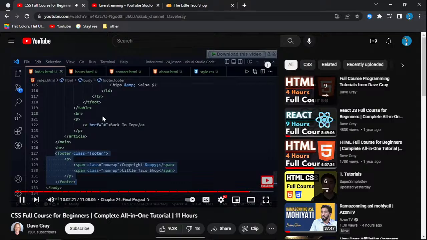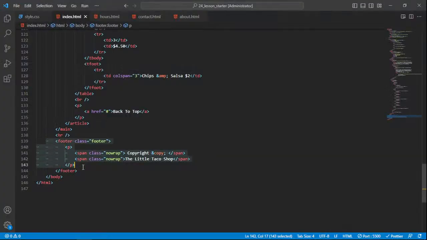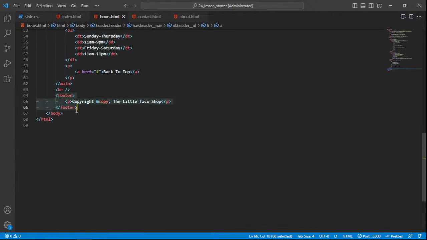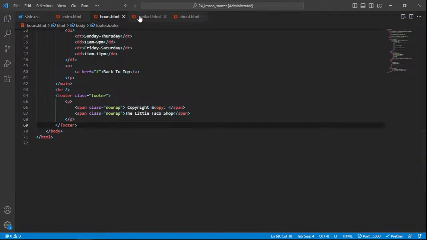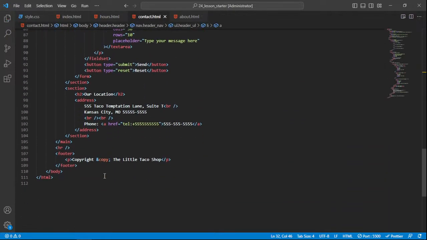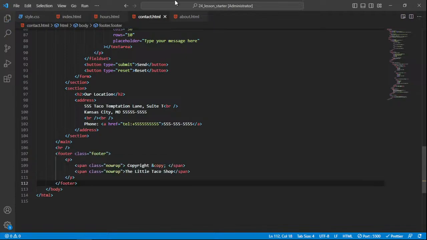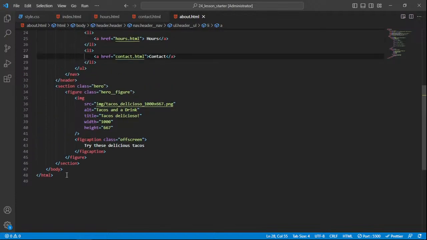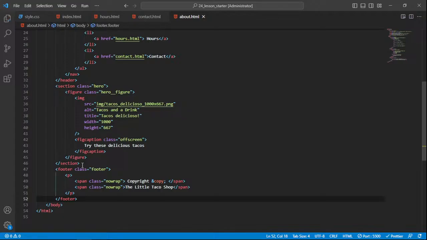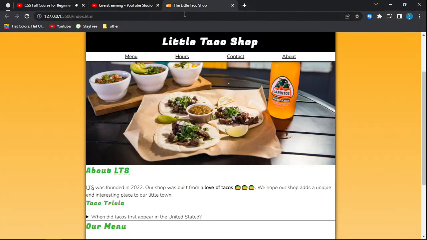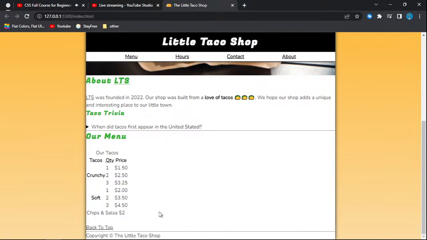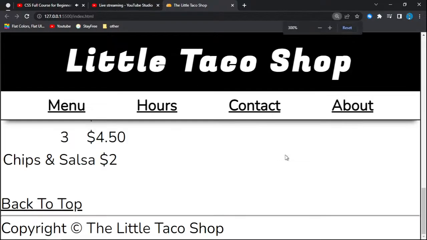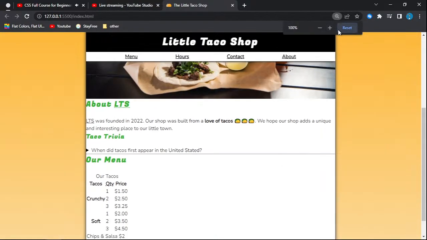So after I save the index and copy the footer, I can go to the hours page and I can replace the footer that is here, and we will not need that HR, that horizontal rule, so I'll highlight it as well just to remove it when I paste that in. Let's do the same for the contact page and put that in here, paste and save,